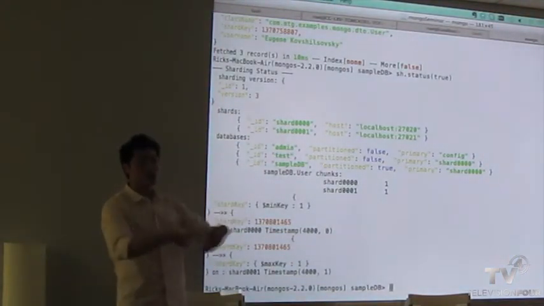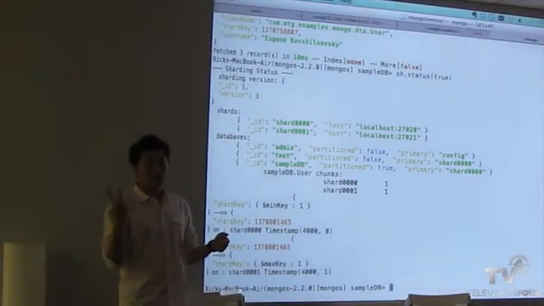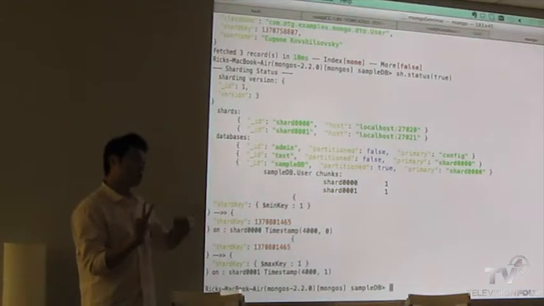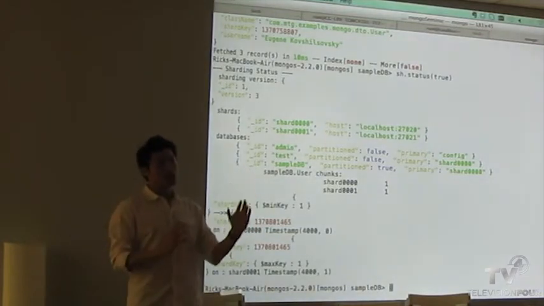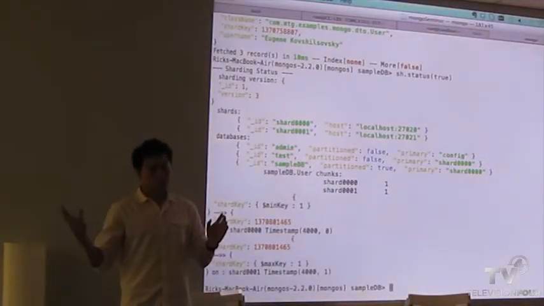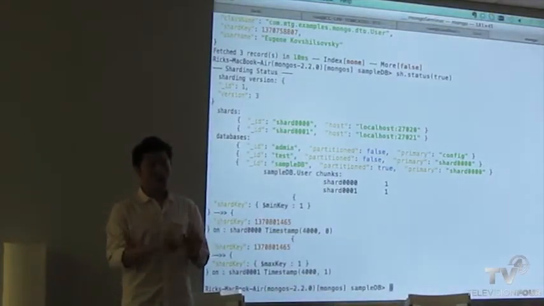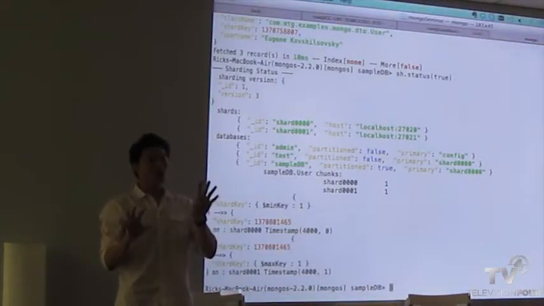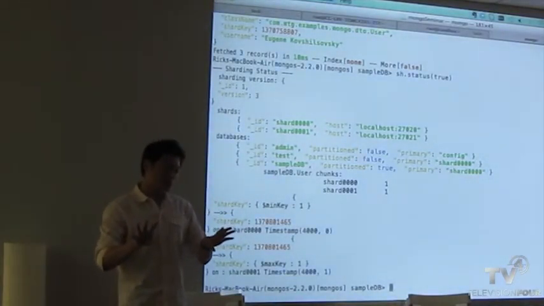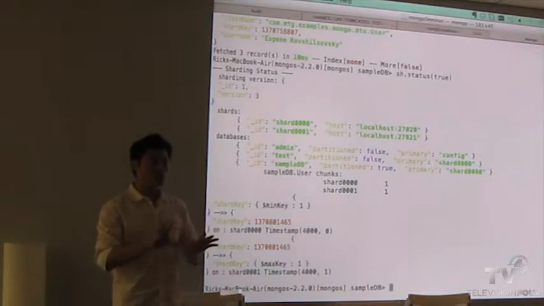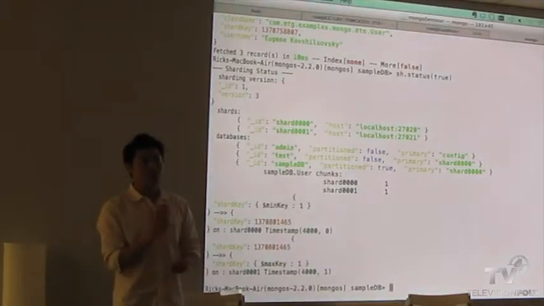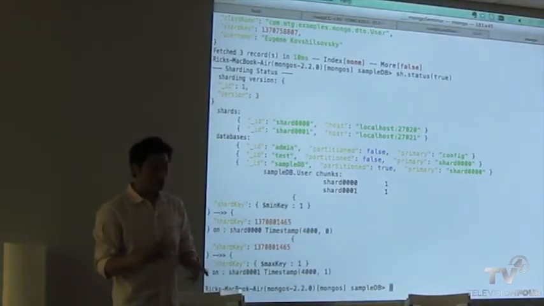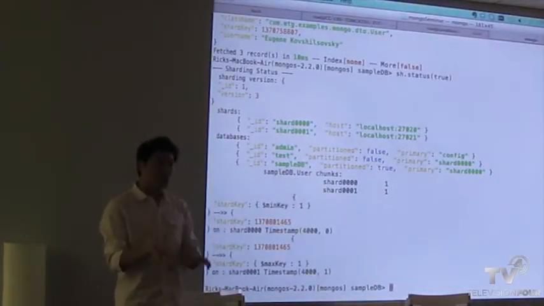And then let's say now you have those 2, and then you add number 2. Now you have user number 2, same thing, 64 megs. So now number 2 will stay within that range of 0 to maximum key. So now 0 to maximum key has 1 and 2. And then again, it will split it and say, OK, that's too big, 128 megs. Now 2 will have to go to a new chunk, and then they'll just keep moving that. It'll basically split as evenly as possible, put it into a different chunk locally,